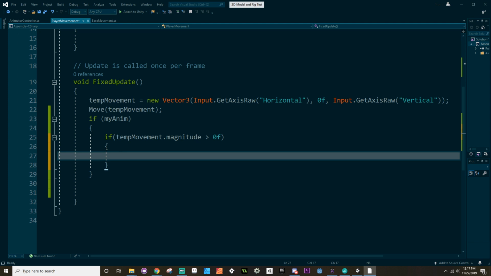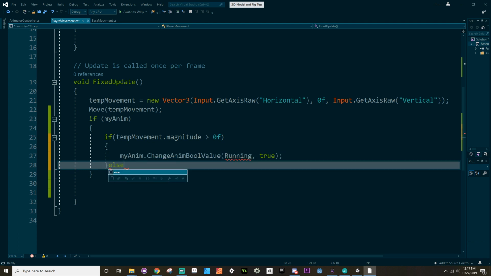It plays once and stops. You can do that in Unity itself, and I'll show you here in just a minute. So if temp movement.magnitude is greater than 0f, then I want to do myanim.setBool, change anim bool value, running to true,